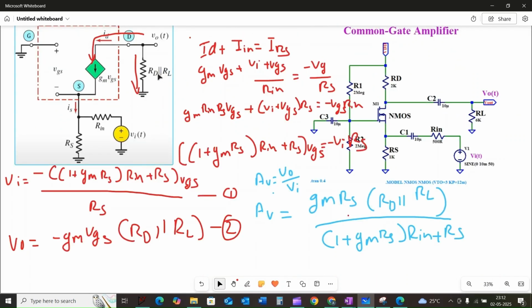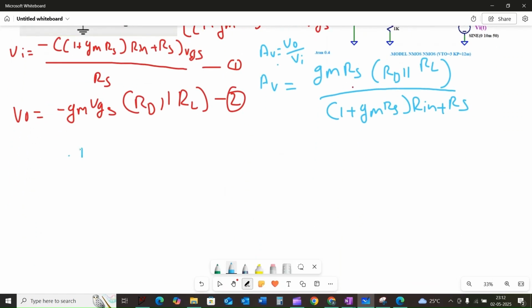And by considering that Rd and RL are parallel, which means Rd parallel RL is equal to Rd into RL divided by Rd plus RL,